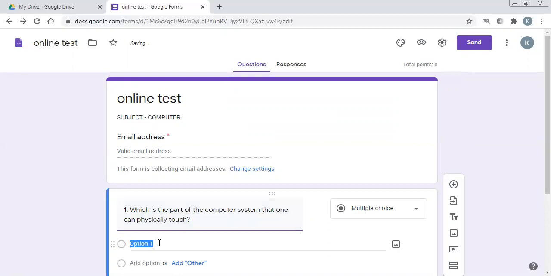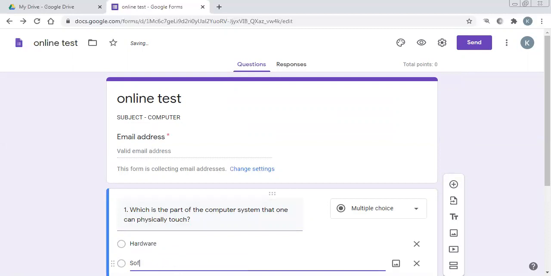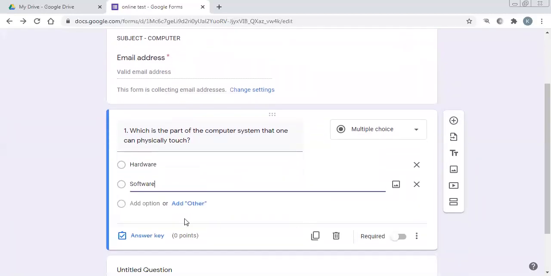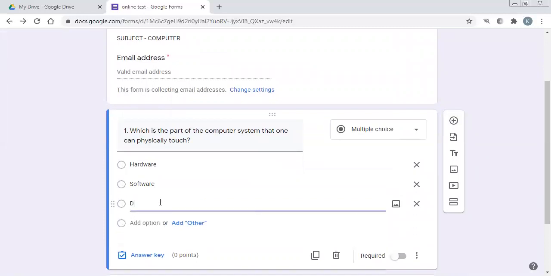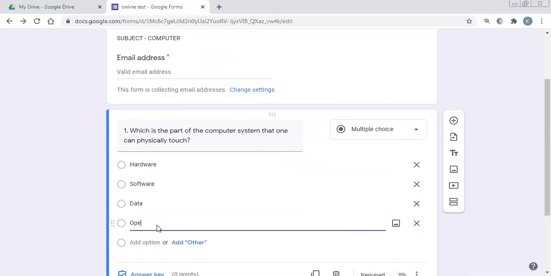In this one I am going to give the options: hardware, software. Next one is data. One more option I'm going to give: operating system. In this way, give the options also.